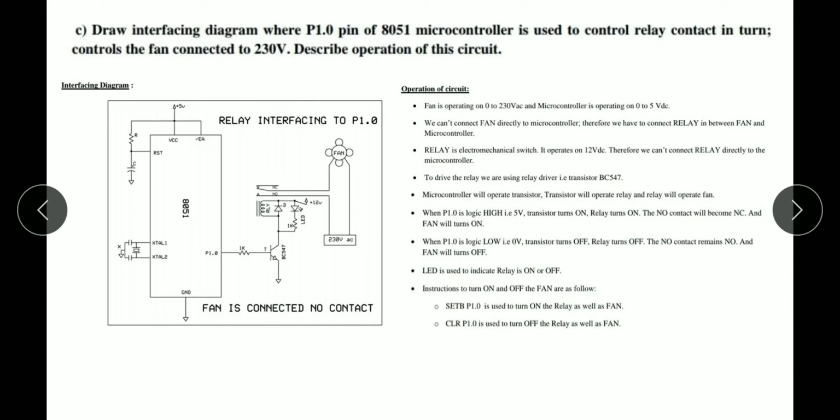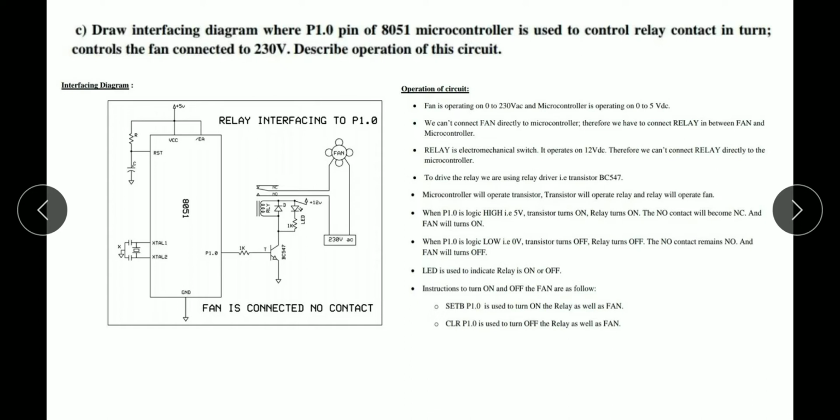The relay is an electromechanical switch, and it operates on 12 volt DC. Therefore we can't connect the relay directly to the microcontroller. So to drive the relay we are using a relay driver, that is the transistor BC547, which is a BJT. The microcontroller will operate the transistor, and the transistor will operate the relay, which will operate the fan.